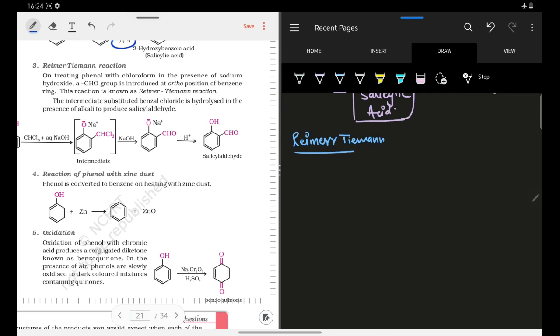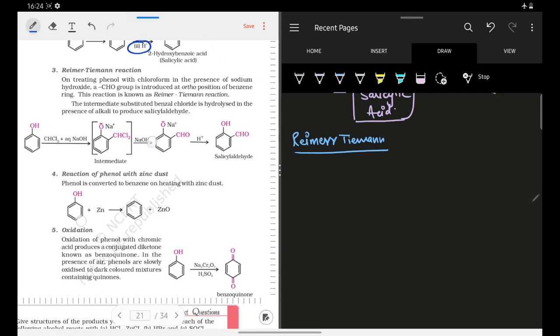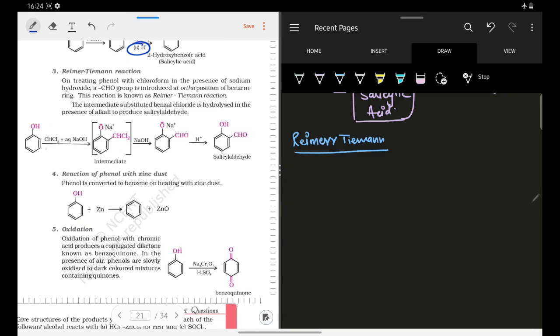So here what we do is we take a phenol and then we treat it with chloroform and aqueous NaOH, right. They can also use KOH. One of the things that I will tell you here is that this same reagent, CHCl3 and aqueous NaOH, is also used in the carbylamine test. If you have read amines, good; if you have not read amines, then don't worry about it, I will tell you when I teach amines. But CHCl3 and KOH or CHCl3 and NaOH are used for the carbylamine test also, in amines, okay. So we'll see it there.